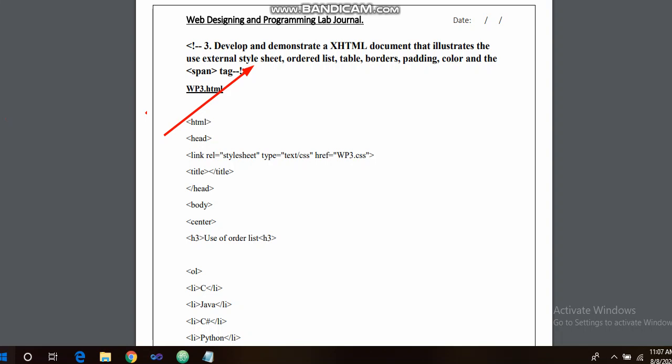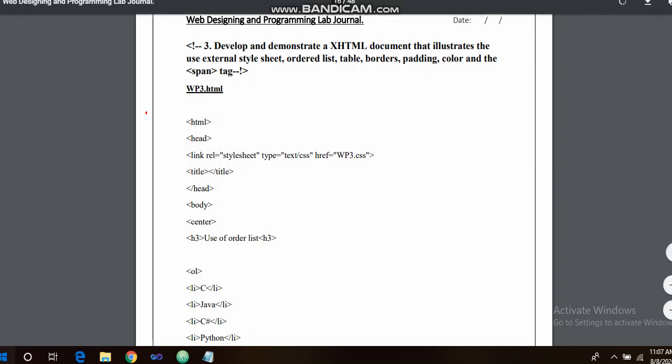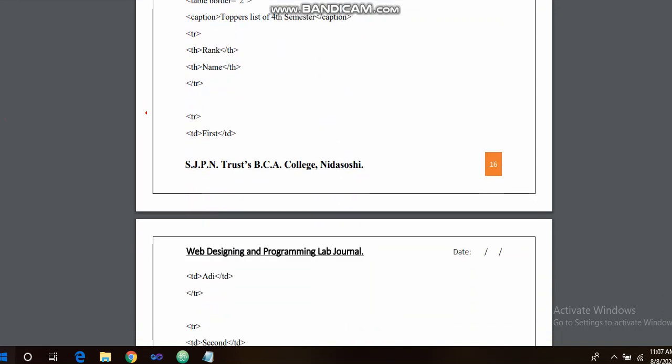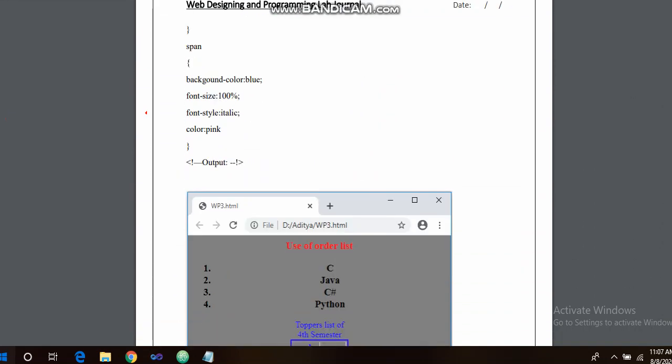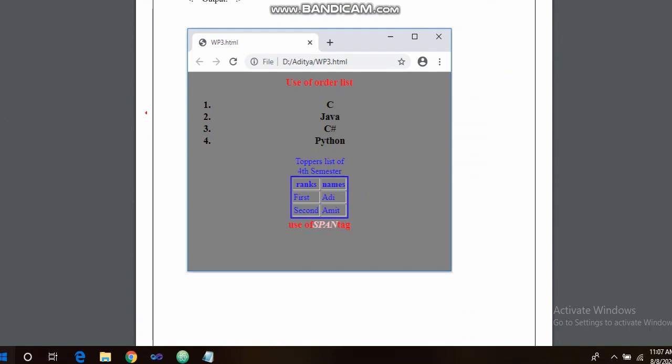So wherever you use the features, the ordered list, table, borders, padding, color, all these features need to be displayed in this program. Okay, so now let me go to the code part. See, this is the expected output here.